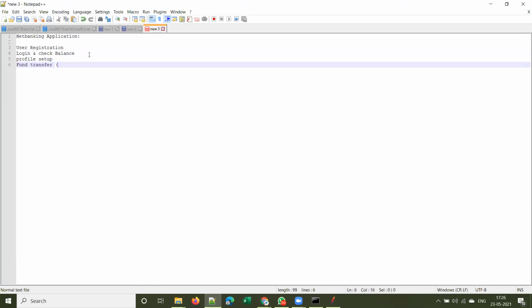Again, in fund transfer, we have three types: IMPS, NEFT, RTGS. In India, we have these three different types of fund transfers.